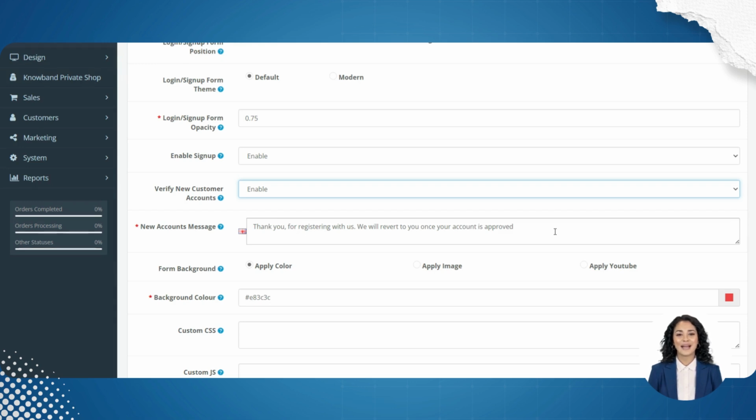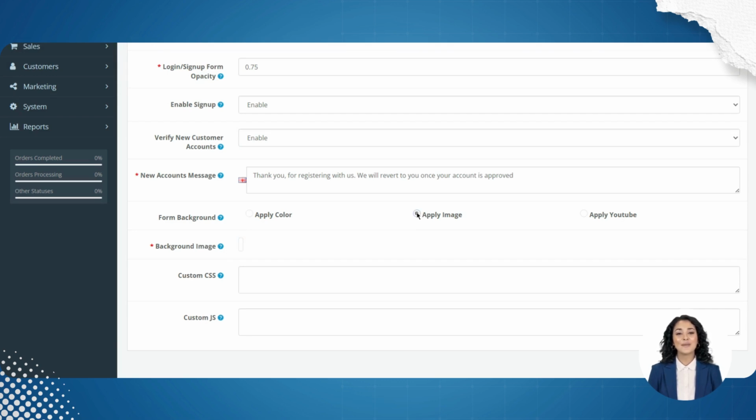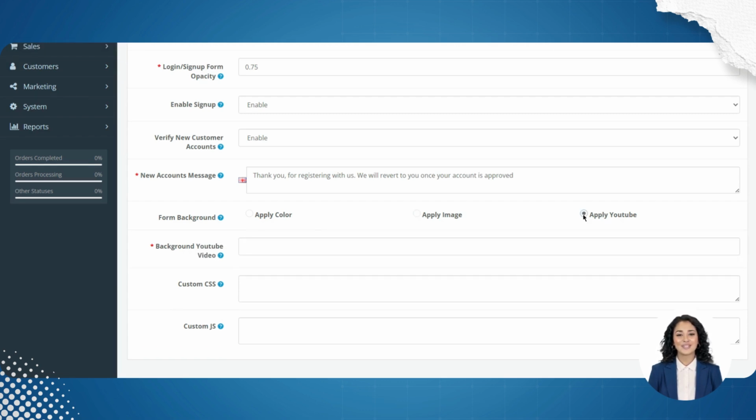Next is the form background here. You can handle the form background by three processes: apply color, apply image, or apply YouTube. When you select apply color, here is a button to choose the color. Next, if you select apply image, you can upload a background image. You can edit and delete the background image from here. Next, you are having an option to apply YouTube. If you select YouTube, then you have to upload the correct YouTube video